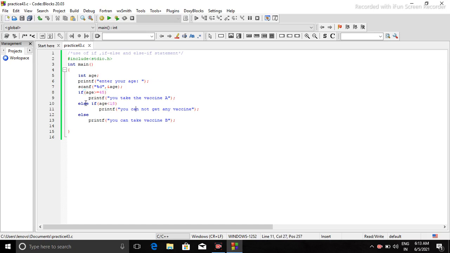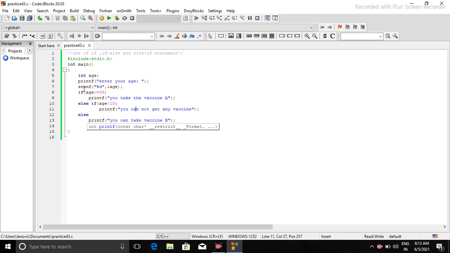Otherwise control will move here, and here I have written no condition, because in any other scenario else will be executed, because we have only three options here. So if two of them are wrong, then definitely the third option will be selected. So this is why we use else if.